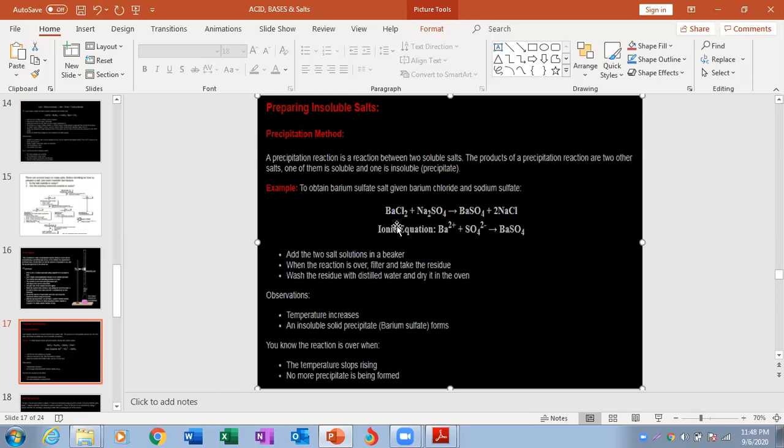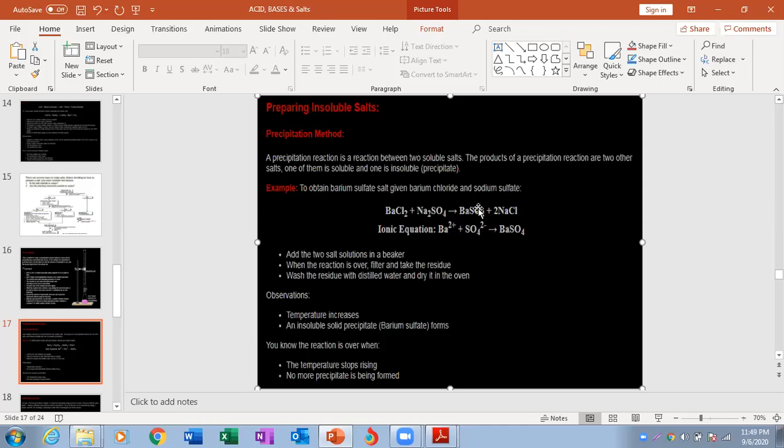Why? Because the barium will be displaced by the sodium. Sodium displaces the barium, and the barium reacts with sulfate, while chlorine displaces sulfate, because chlorine is more reactive than sulfate, and sodium is more reactive than barium. They both react and make their own compounds. So with the help of that, you can produce soluble salt and insoluble salt.